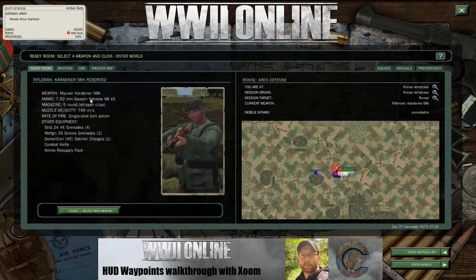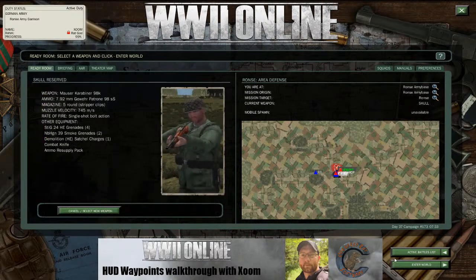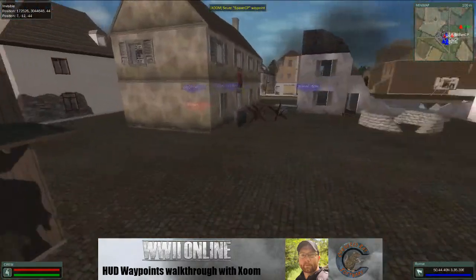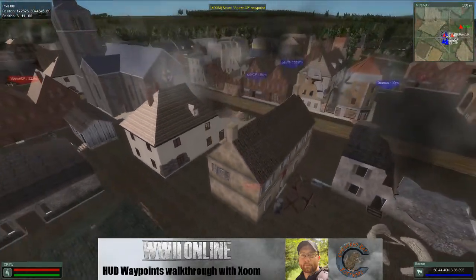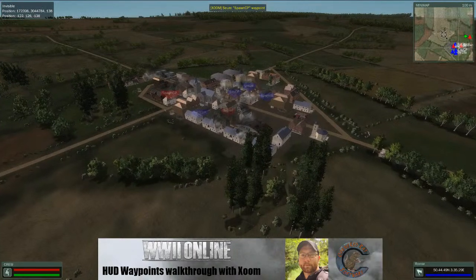Back. And let's spawn in the skull. Because why not? So you can already instantly see the opacity levels are down quite a bit. And if you're wondering what this kind of looks like from the air,